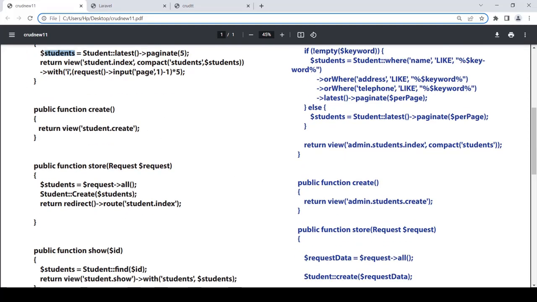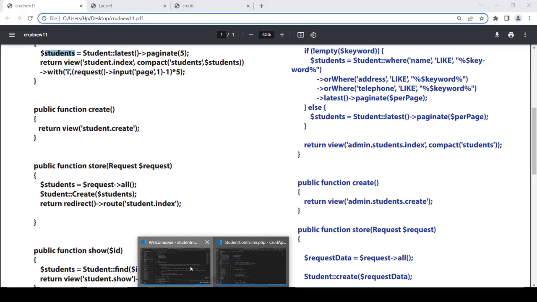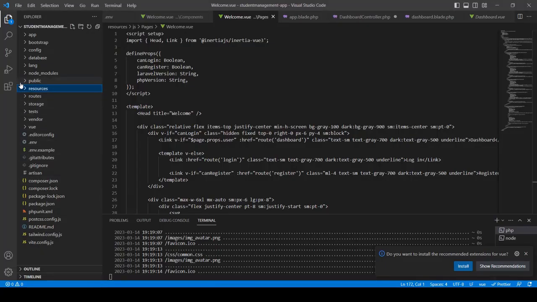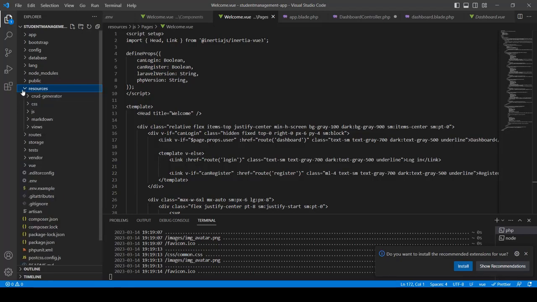After that, this one I am going to show you. Here, this kind of application. You can see here, go to the resources folder, views. Inside the views you can see there is an additional folder which will be created, the admin folder. Inside the admin folder all the views folders are there,